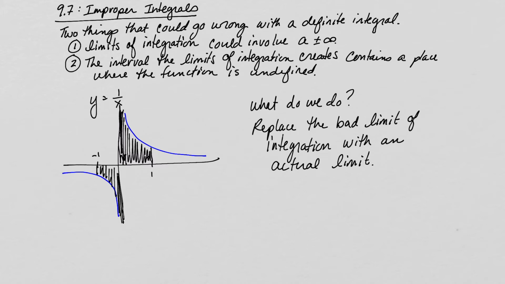After we replace this bad limit, we integrate like we normally do. Then we evaluate the limit. And if we get an actual number answer,